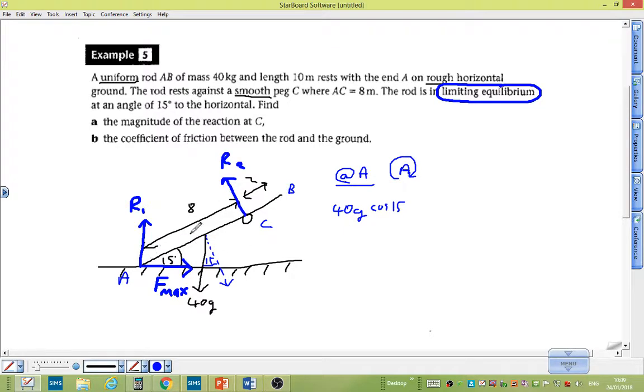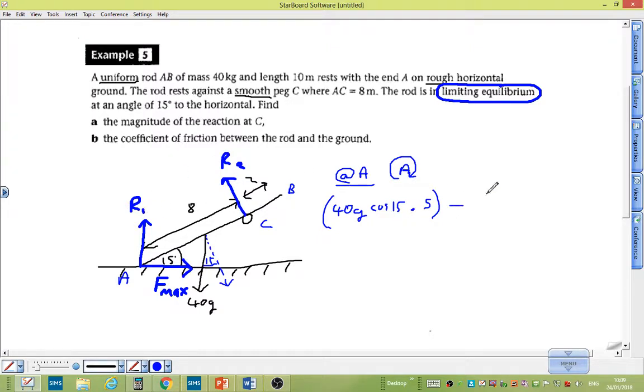Now this is a uniform rod, so it's halfway between the 10 meters that exists, so it's 5. So I'm going to multiply that by 5. That's the first moment. Now my mistake when I'm doing these is I forget to times by the perpendicular forces. That's a mistake. Now the other force is a minus, so the other moment is negative,